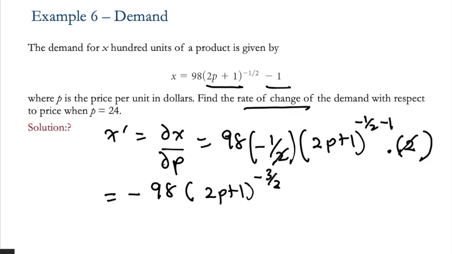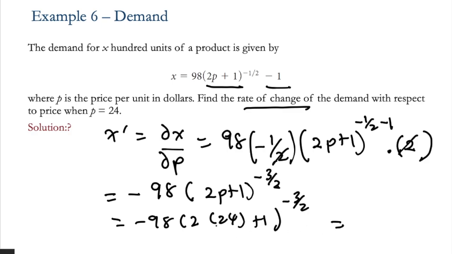And then you substitute p equal to 24 and then solve the rest. Minus 98 times 2 times 24 plus 1 to the power of minus 3 over 2. This one, I don't want to solve it. You just solve it yourself using a calculator. Then you get some answer here. Once you get some answer here, make sure you know how to interpret it. Let's say, if I don't know your answer and I don't even know the right answer because I haven't calculated it, I leave it to you. Let's say this is just a hypothetical answer. Okay, let's say the answer here is